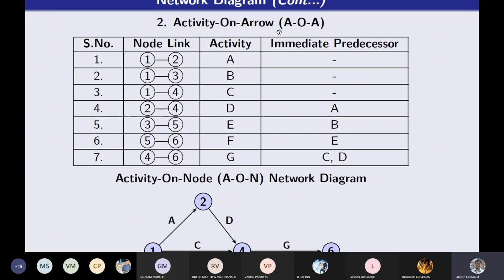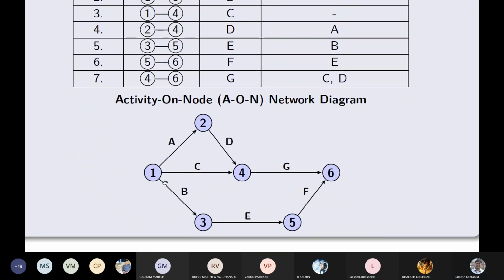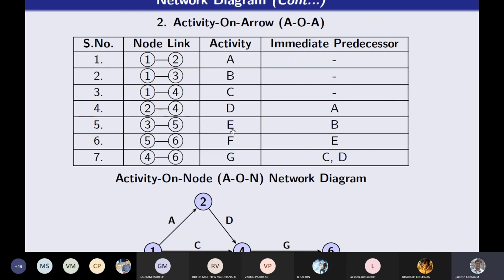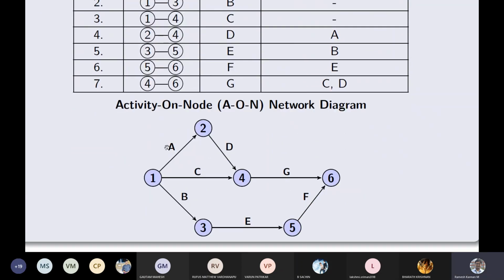This is the activity on arrow. So activity on arrow diagram. Instead of the activities being incorporated into the node, here we'll have events, numbered. For example, activity 1 to 2 is A, and activity B is 1 to 3. So it's 1 to 3, which means that event 1 is the starting event, event 2 is the ending event for activity A, and event 1 is the starting event and event 3 is the ending event for B, and